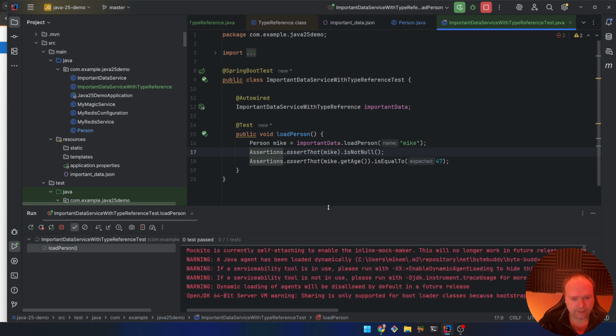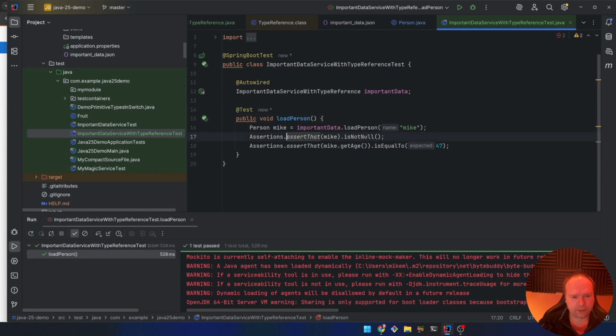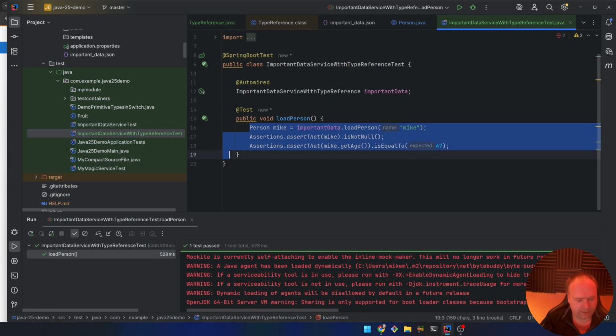Yes, very exciting. Let's see. Yes, the test is green. And I have these AssertJ assertions right here. Assert that Mike is not null. Assert that Mike getAge is equal to 47. So that's quite cool. And of course, we can also try, now that we have added the default person,